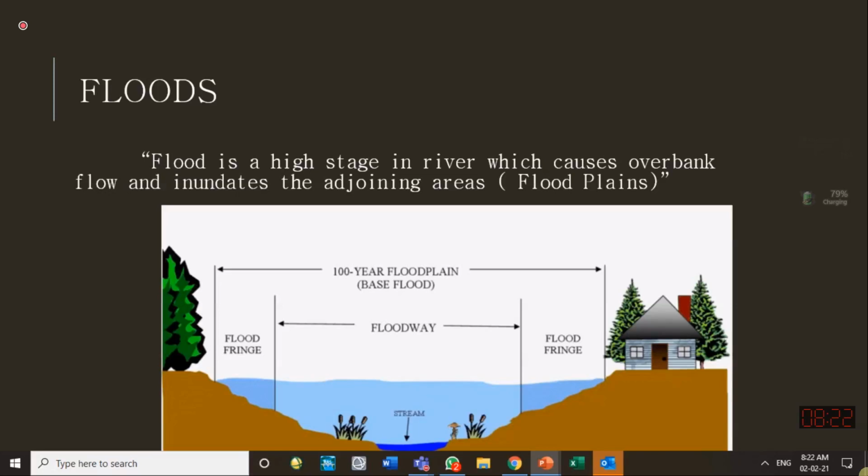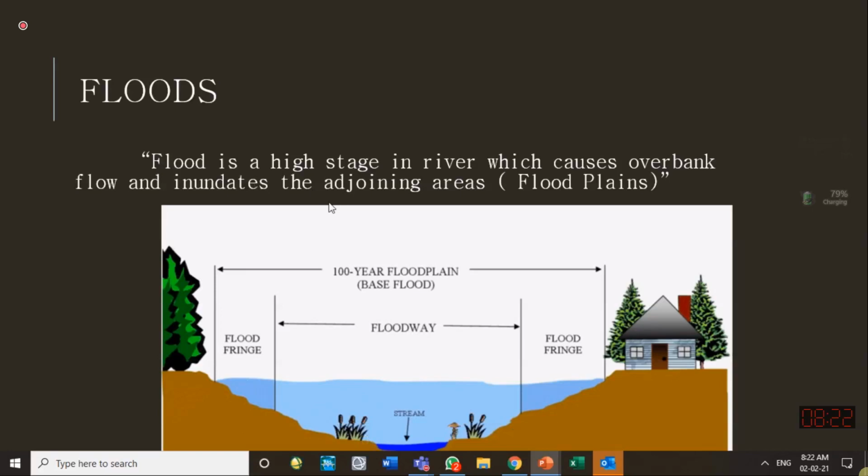So people can grow perennial crops over there, and they have orchards over there. So that's the floodplain area. And then we have the settled area. Usually we make the embankment to protect the settled area. We don't allow people to build permanent structures within the floodplain area, because that has to be frequently flooded.